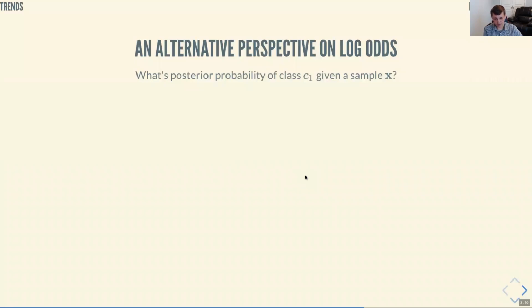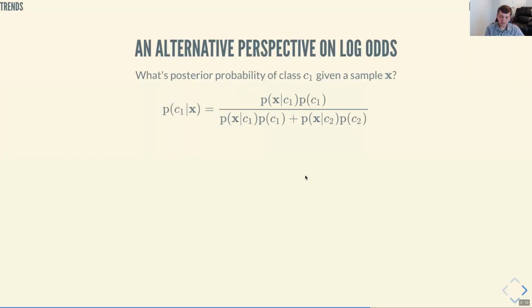I think that comes from Bishop's book. So what's the posterior probability of class 1 given a sample X in a two-class situation? In a two-class situation, it's this basically. It's the likelihood times the prior divided by the evidence, right? So let's introduce A, just do some algebraic transformation. If we introduce A as the log ratio of our posteriors,